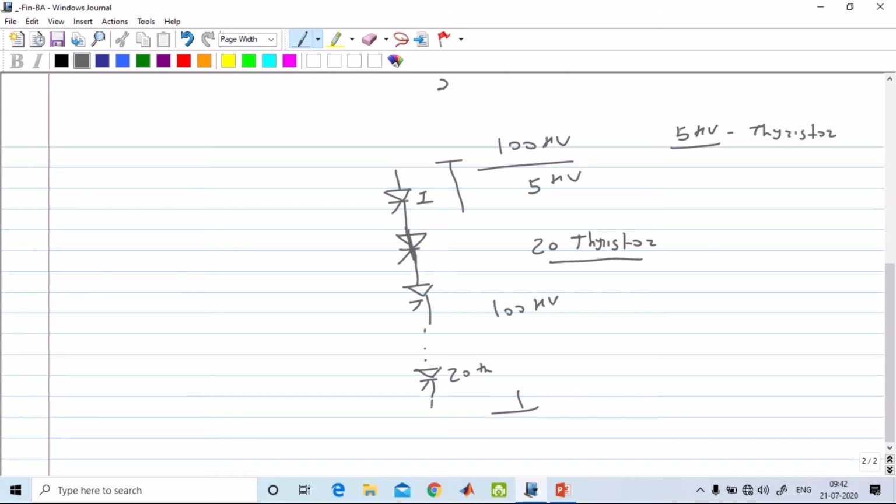But because of the damage of one thyristor, now the capacity of this series connected thyristor string is to withstand only 95 kV. But you apply 100 kV across it. So what happens? One by one all the thyristors will be damaged, and that damages our whole valves, and maybe it is possible that they damage the whole converter. That's why if you design 100 kV valves, you generally design them for 110 or 120 kV. So if any one thyristor is damaged, it does not create any cascading failure of the valve. Because of that, we require more thyristors as compared to the rated capacity.